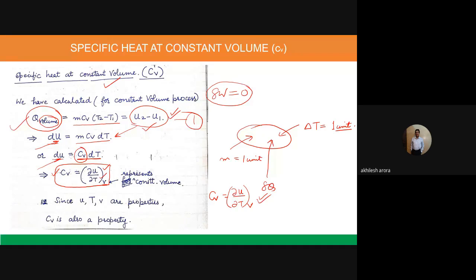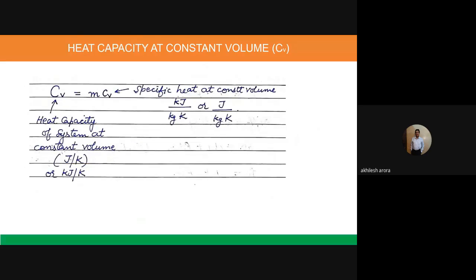Now, in this equation, U is a property, temperature is a property, volume is a property. So the specific heat at constant volume is also a property. But basically you need to remember only one formula, Cv equals del U by del T at constant volume. Now, if we multiply this